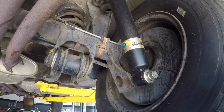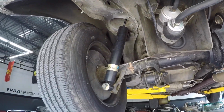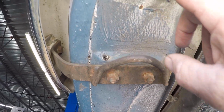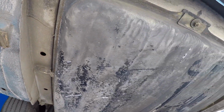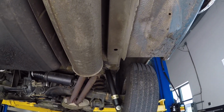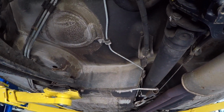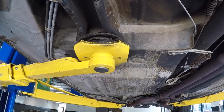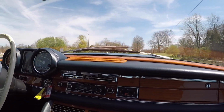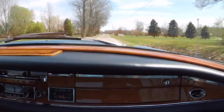Bilstein shocks in the back, fresh. Dampener, fresh. Rust prone area here. It is not. That's original factory. So exceptionally solid, straight 3.5. Transmission's just smoothly for an old